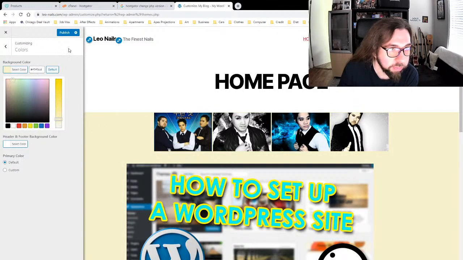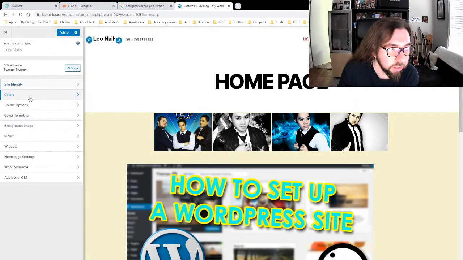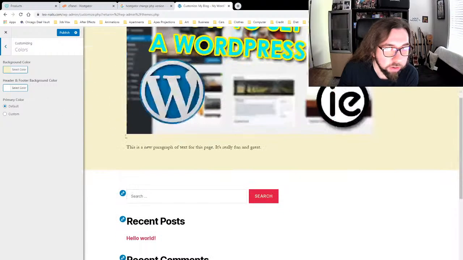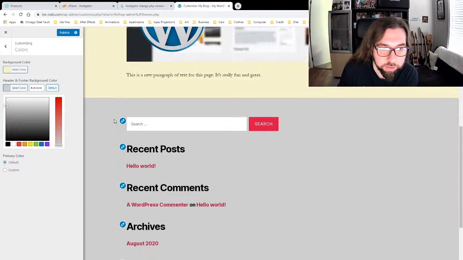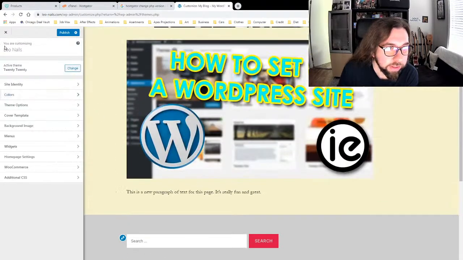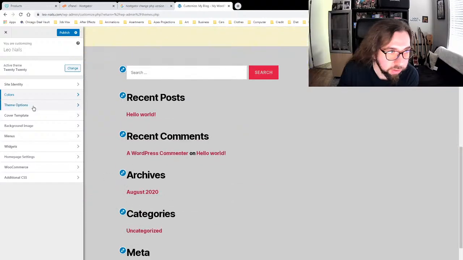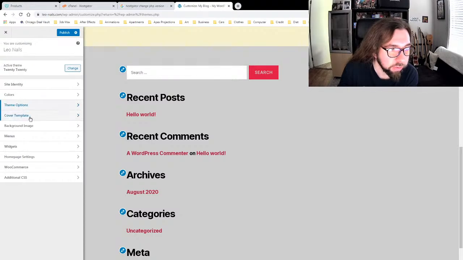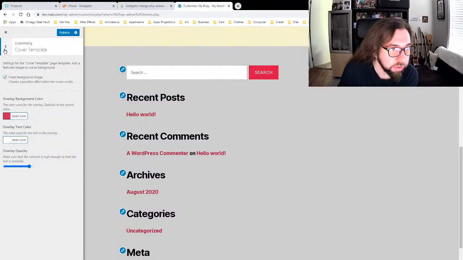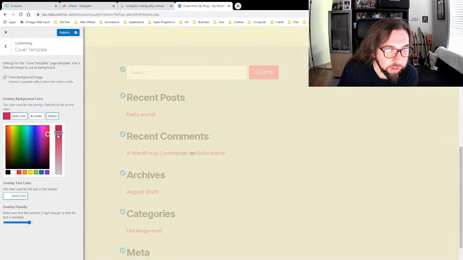There. Primary color, and then header and footer background, maybe just a gray or something. So that lets you edit the colors. I think somewhere there's a button to edit, like on archive post, show in header, show author bio, cover template. Somewhere there's a link to edit the